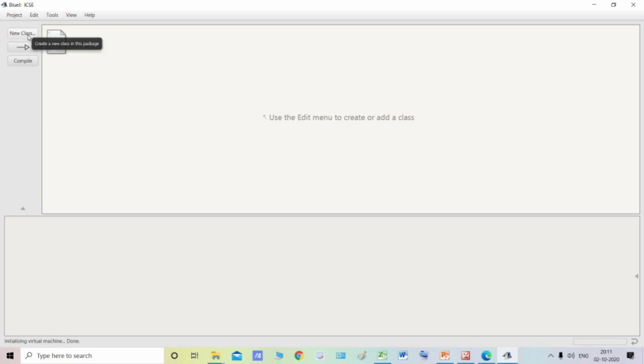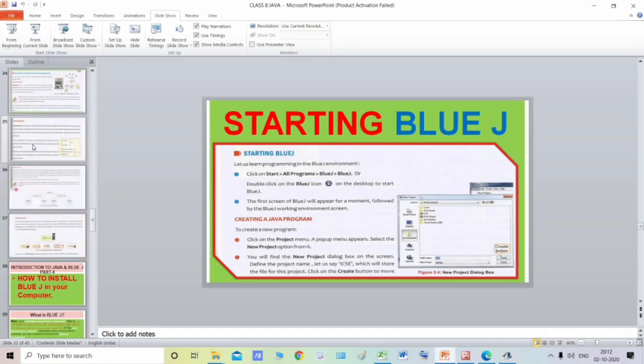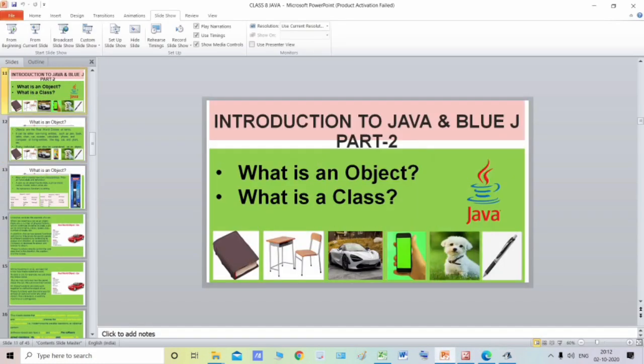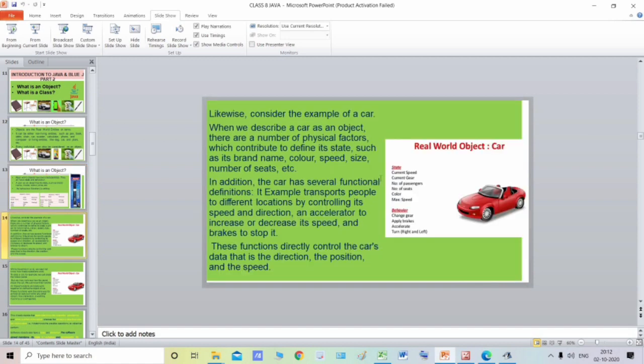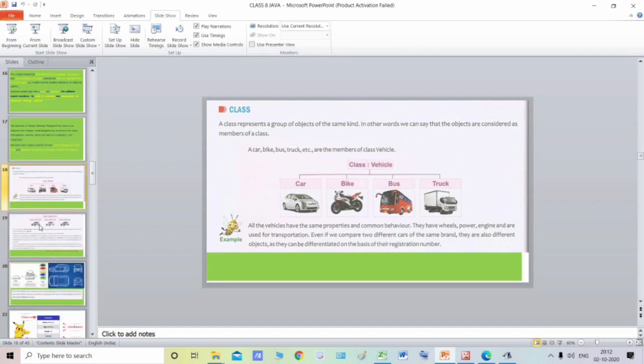Now students, if you remember, Java is an object oriented programming language, and object oriented programming languages use classes and objects. If you remember my previous lectures, we studied what is an object and what is a class. So we are going to create classes, and inside these classes we will create objects, and these objects have two things: attributes and methods.